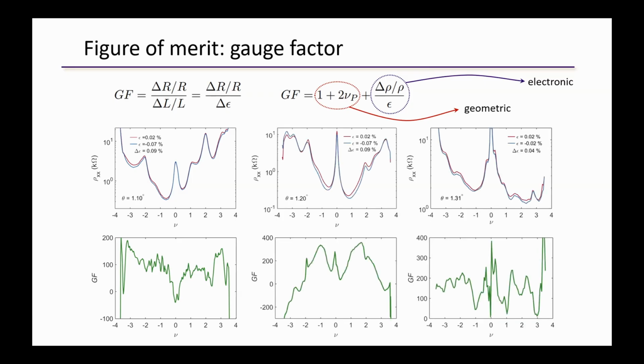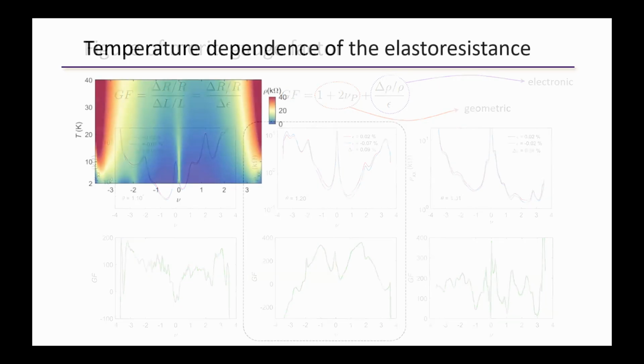We can look at samples slightly away from the magic angle, and the gauge factor, as long as we're close to the magic angle, is very large: two orders of magnitude bigger than what you would expect for a standard metal. So it's a strong indication that there's something electronic going on as we strain the material. I'm going to focus for the rest of the talk on this particular near-magic-angle device, 1.2 degrees, and